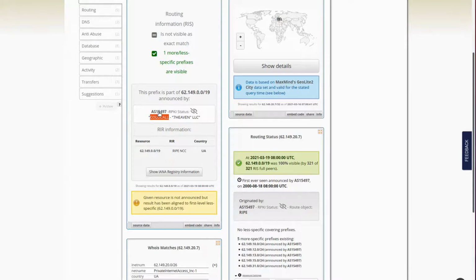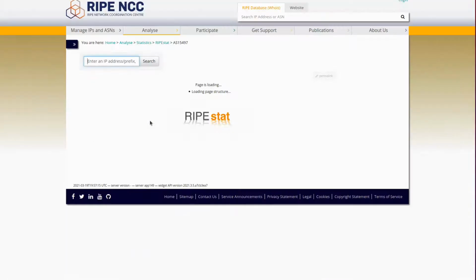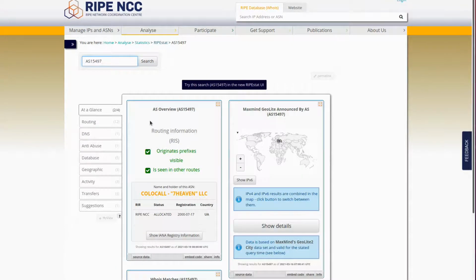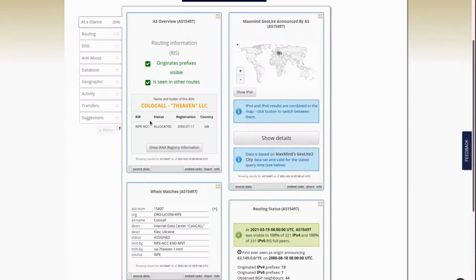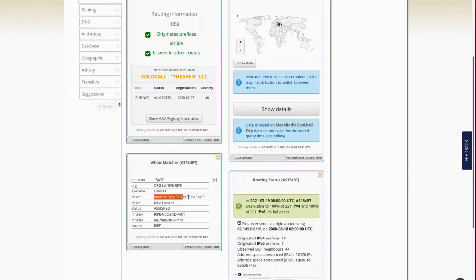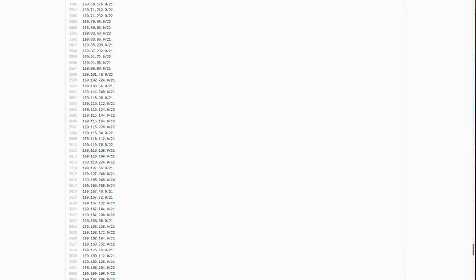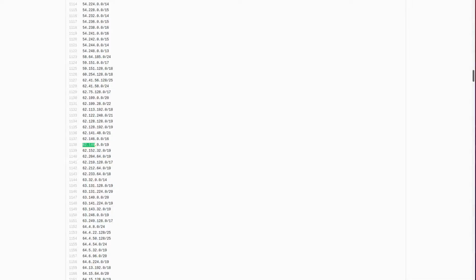I could look up this AS and get even more information. So let's take a click on that. And this AS gives me some information, and it tells me that, boom, this is indeed an internet data center sitting in Kiev, Ukraine. So that's a good sign. Let me back up here and see what we've got here. I always like to break, okay, there's our /19, 62.149,